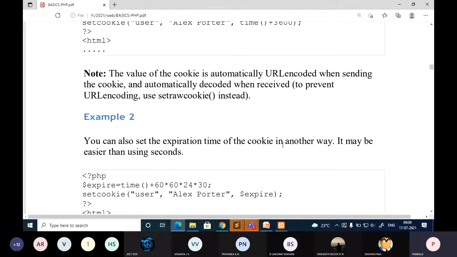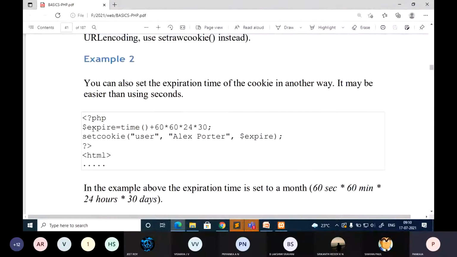What is a session value? We are going to discuss that. There is one more super global variable called $_SESSION. We'll discuss what exactly that super global variable is. It is going to perform the required task. So this is another way you can represent and store the time information. You can store the time information in a variable and pass that as a parameter to this function. So you can simplify however you want.